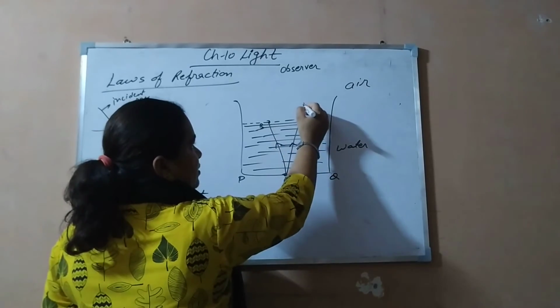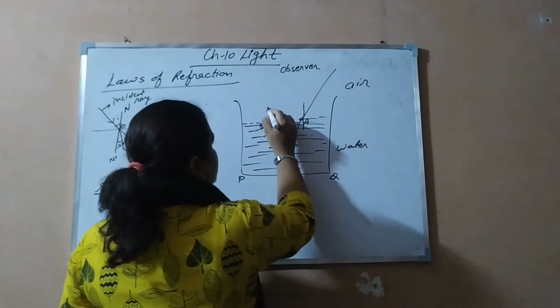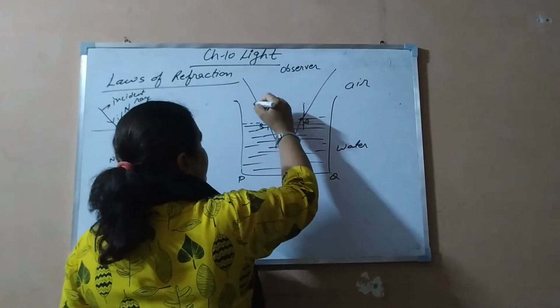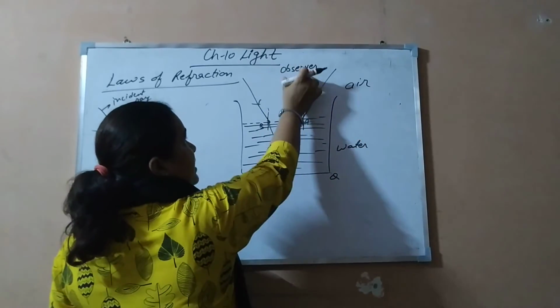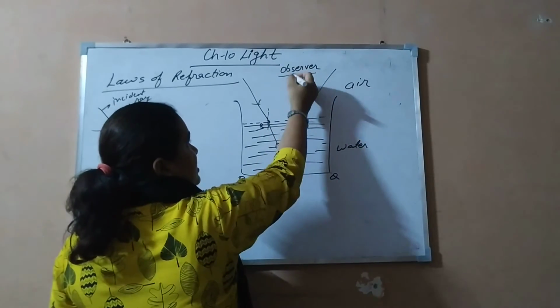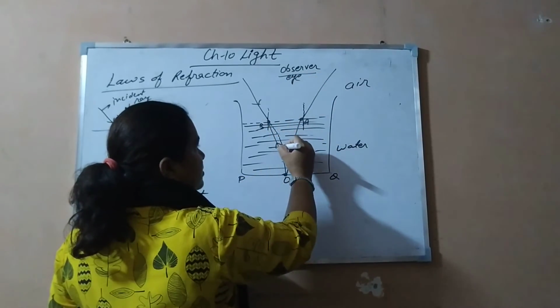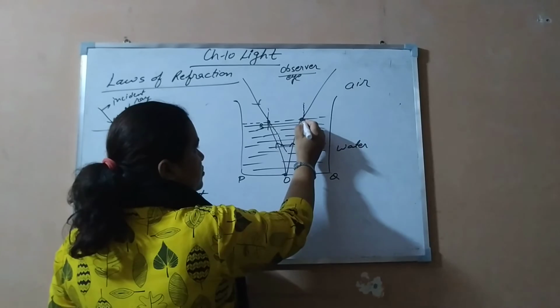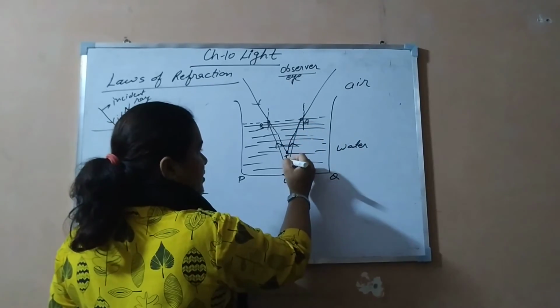So what would happen? Again draw the normal. The observer will see according to these two points. So they diverge out, away from the normal. And when the observer is on this side, observing with his eye, he is watching this pool. But when you produce it back, this ray also is produced back, so this becomes I.